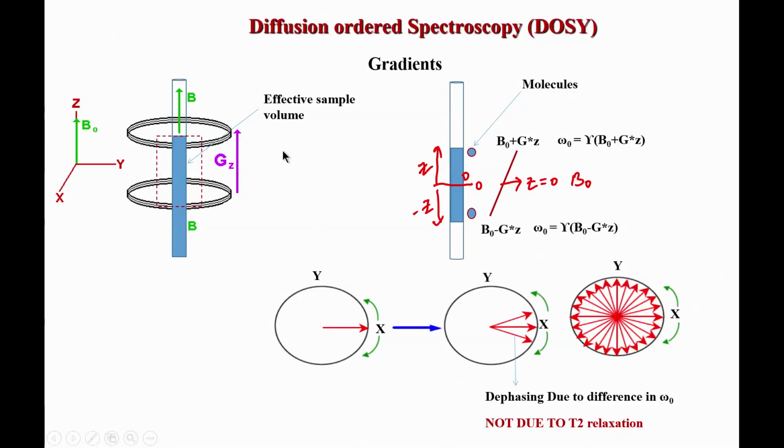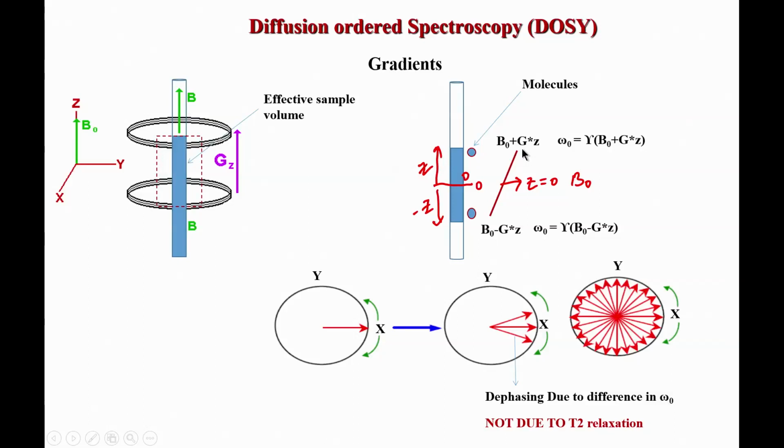But what is the time typically we keep it on? The gradients are of very short duration. We typically keep it on for a few milliseconds, microseconds to milliseconds. So, it is like a pulse. The gradient is also like an RF pulse which is applied for a very short duration. The current in this coil is applied for a short duration, not a very long duration, but in that time, whatever has to happen, we will see now what goes on. But the G value is another thing.